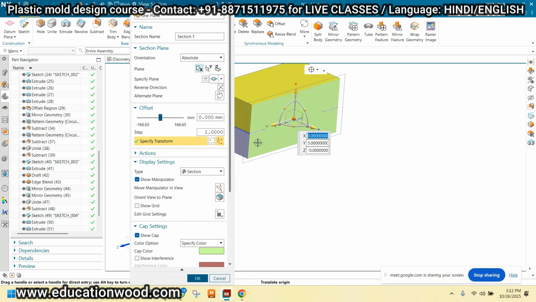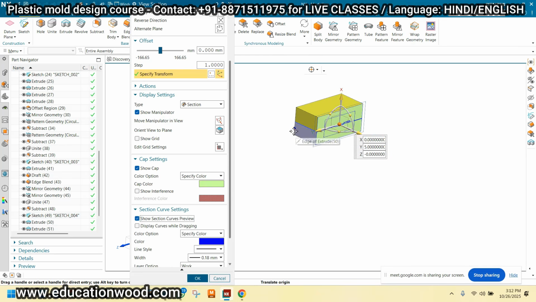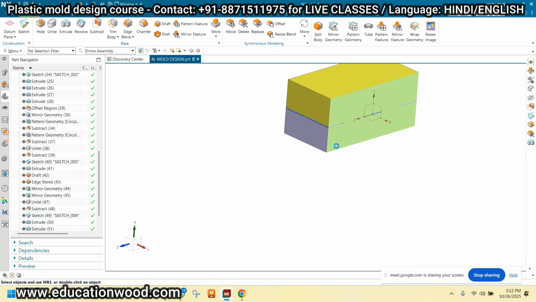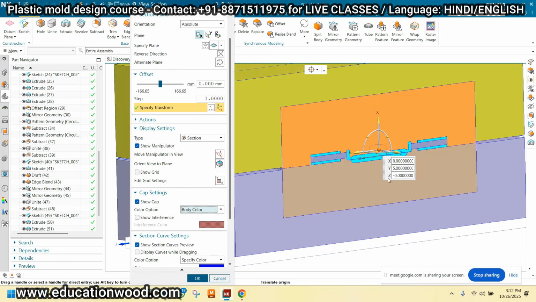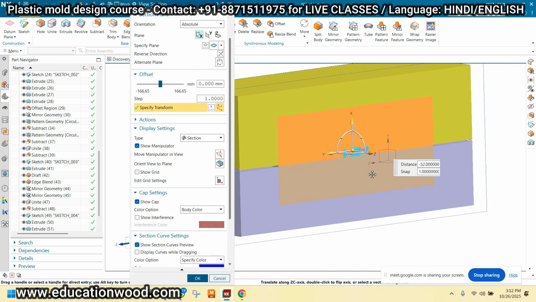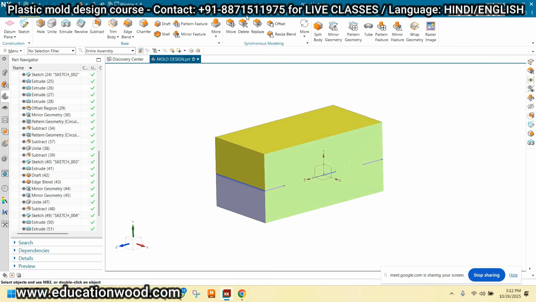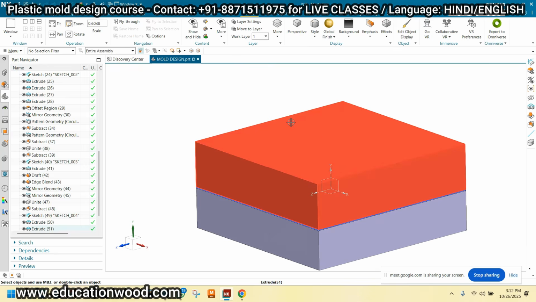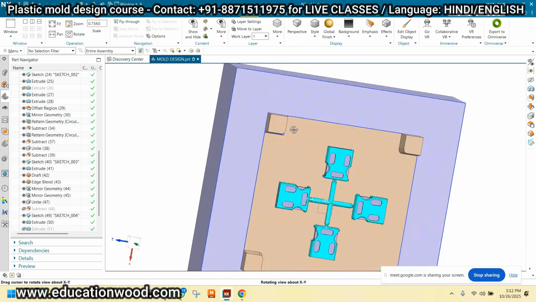Let me show. See, Control H. This is the housing basically, right? Hide this and just click OK. Okay.